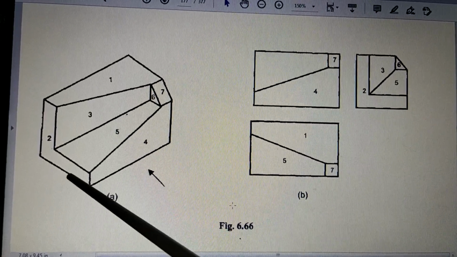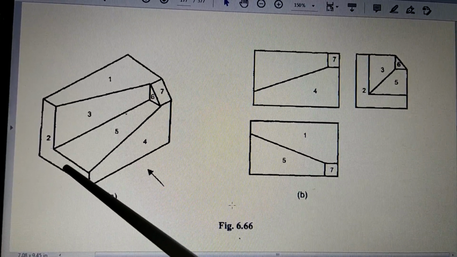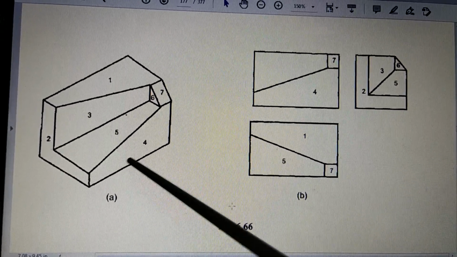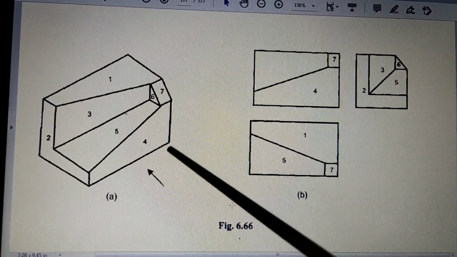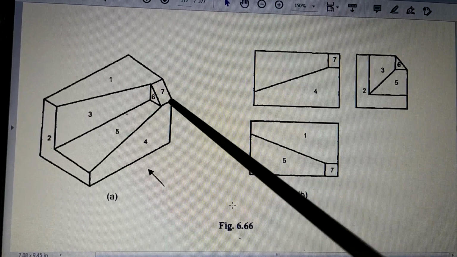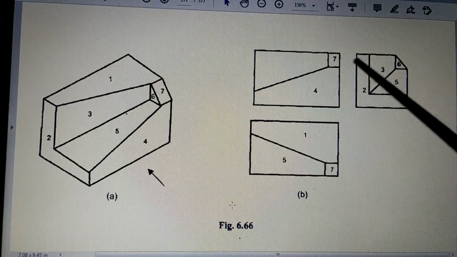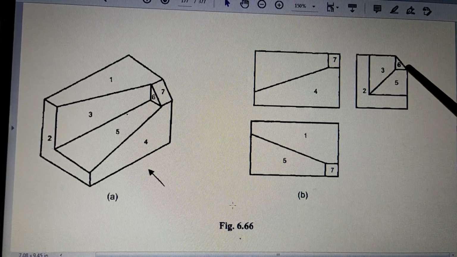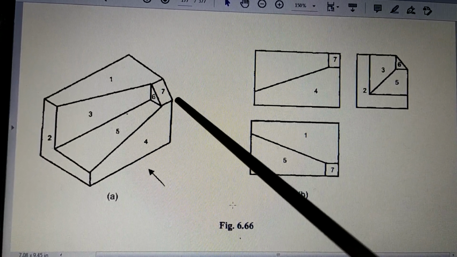So in the left hand side view, this is the shape of surface 2. After that, we will have to show this surface 4 as a line. But up to what level will you show surface 4? What is the height of surface 4? The height of surface 4 is up to here, because this line is this line. So surface 4 is still this line. If you project this line by a construction line, then vertically you can say that up to here there is 4. So this point is this point. This point is this point.